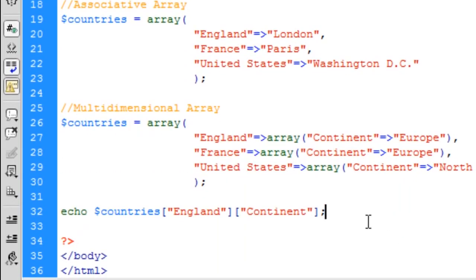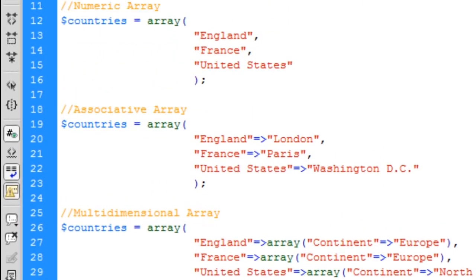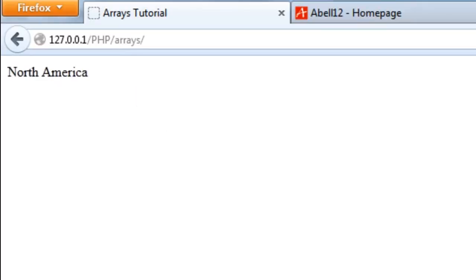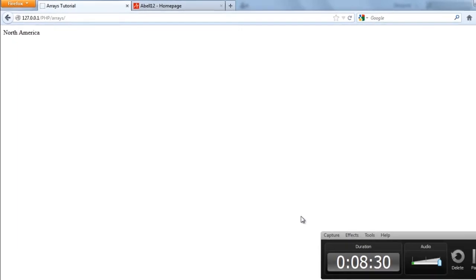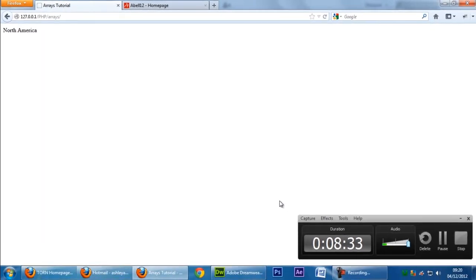And again with United States, we'll get North America. So that's basically the three main arrays that you use. The first one is very simple. It's just a list of values. The second one is fairly simple. You've got a key and then a value, and you represent in square brackets with the key, not just a number. So you can actually name what you want the values to be, in a way. And then the third one is multidimensional arrays, which are